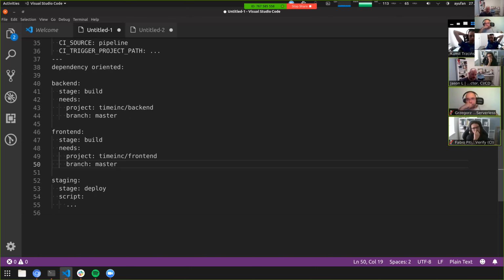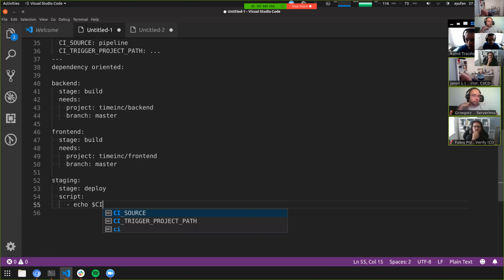But we could, for example, trigger this dependent pipeline as soon as this backend pipeline starts running, and we could wait for this dependent pipeline to finish and succeed before we start to trigger our staging job.